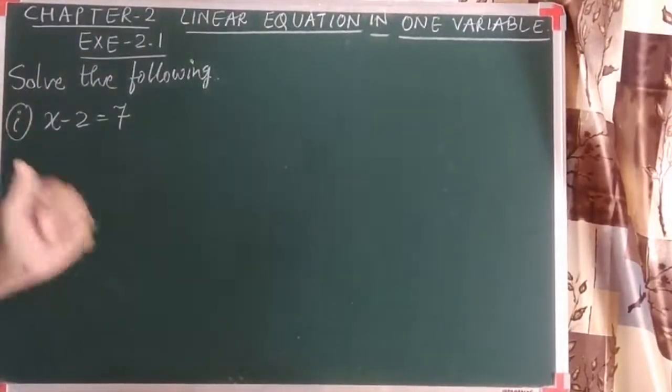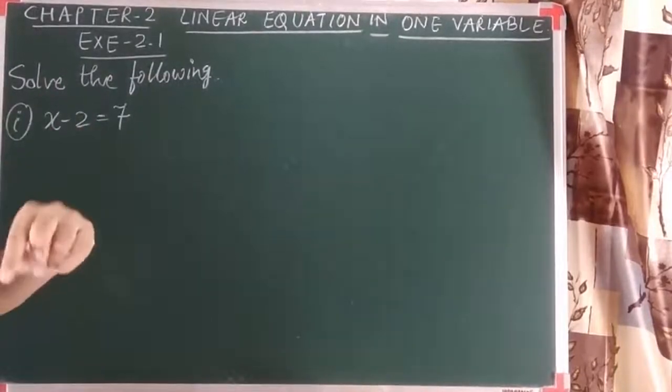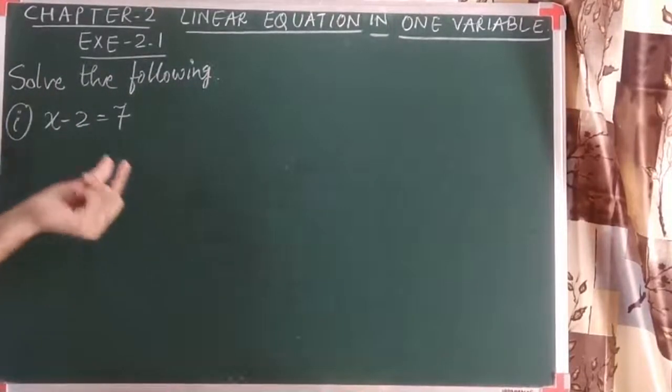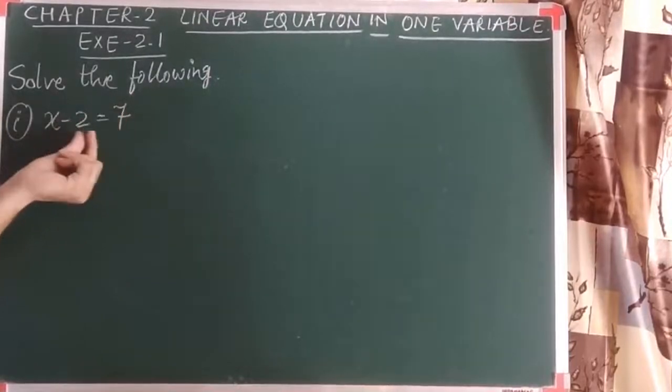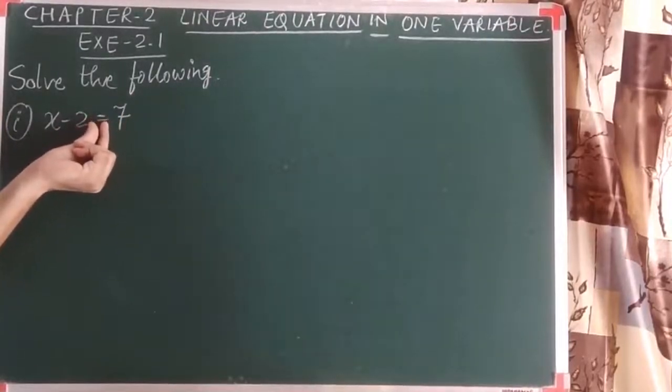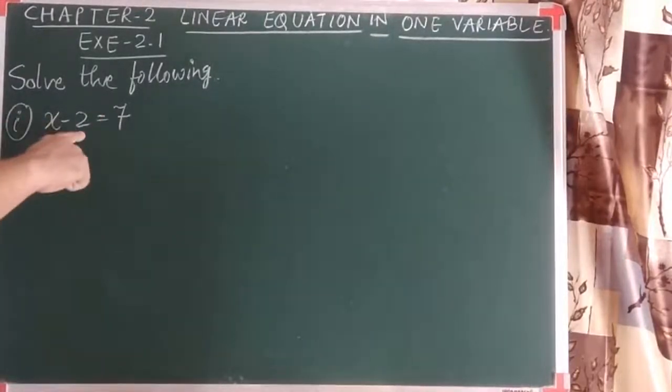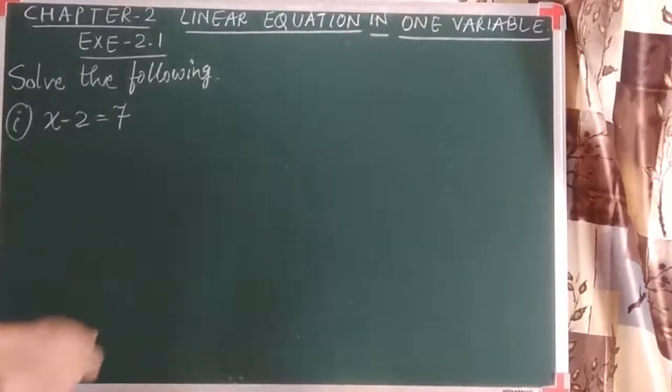Again, all the variables on the left hand side, all the constants on the right hand side. Now when you are taking any term to the opposite side of equals to, for example if I am taking minus to the right hand side, we know that the sign has to be changed. There are certain relations as the sums progress. I'll explain how to remember it.